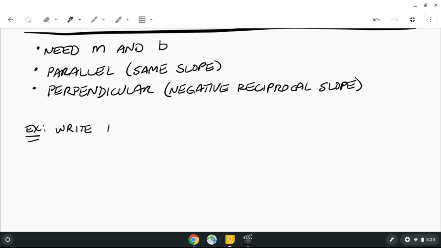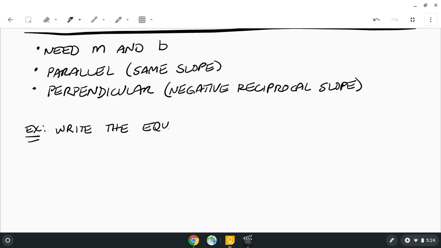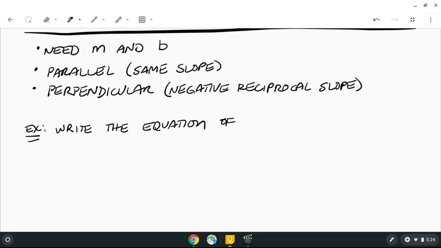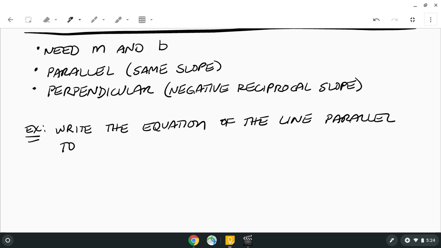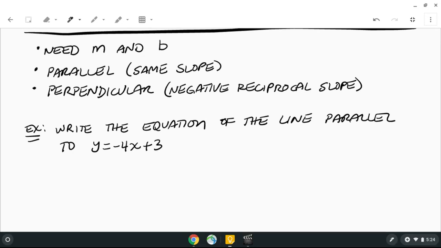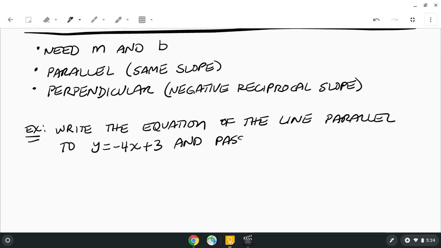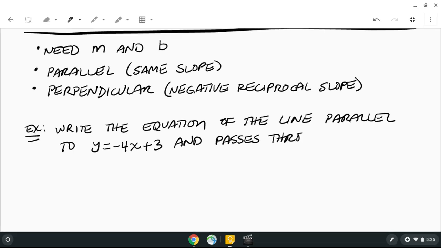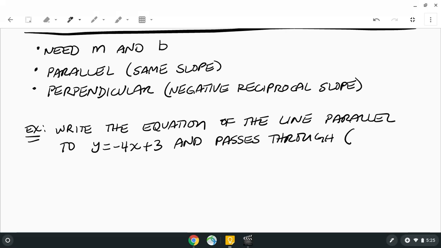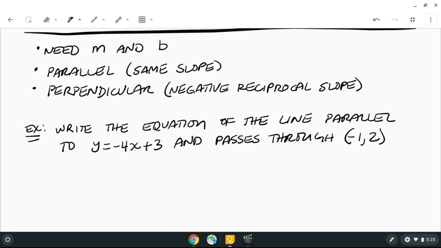Write the equation of the line parallel to y equals negative 4x plus 3 and passes through the point -1, 2. Okay? All right, so